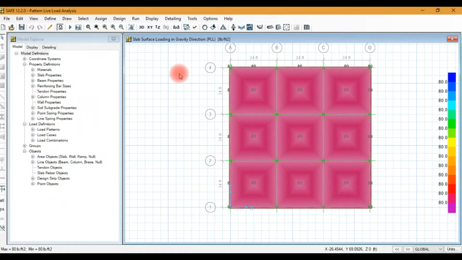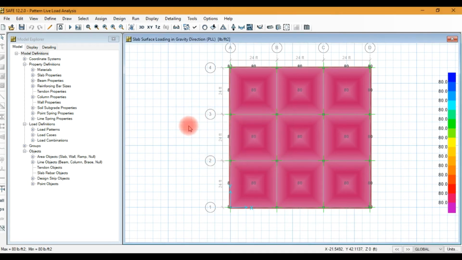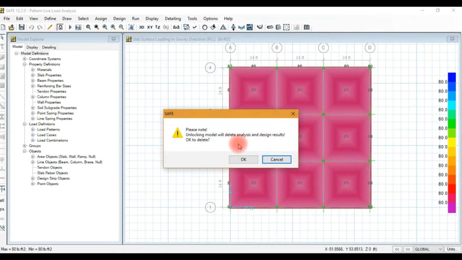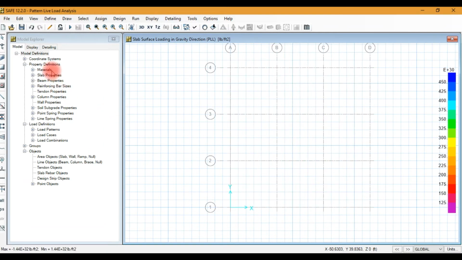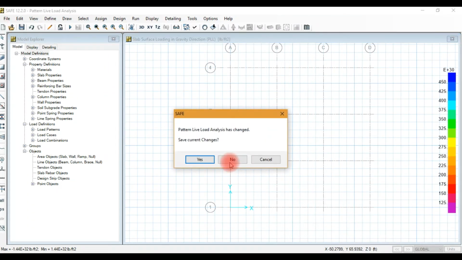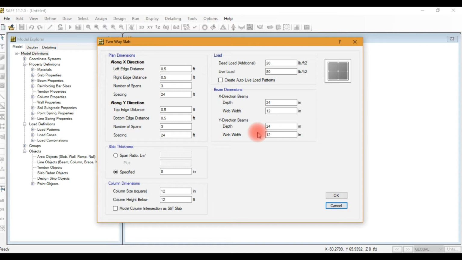And how can we apply the pattern loads? For this I will delete the analysis, delete other models, and select two-way slab, number of panels 30, spacing 24.